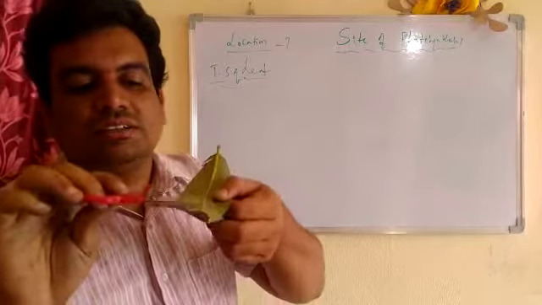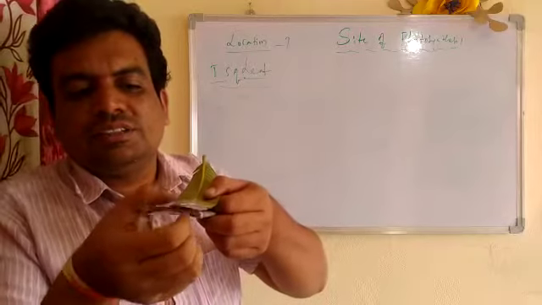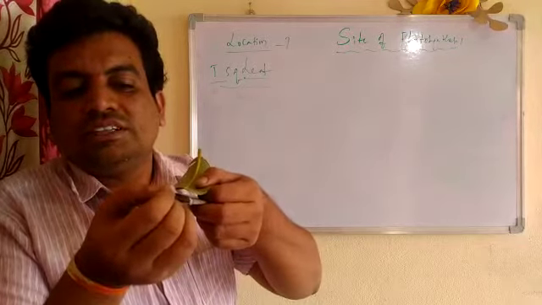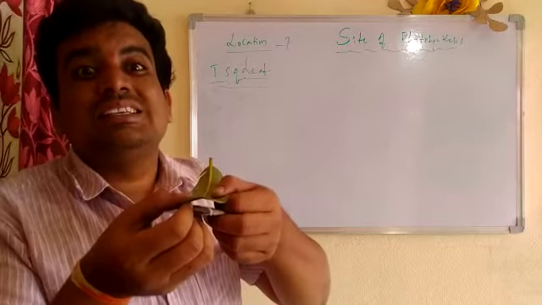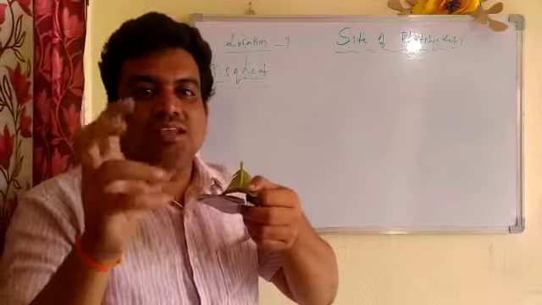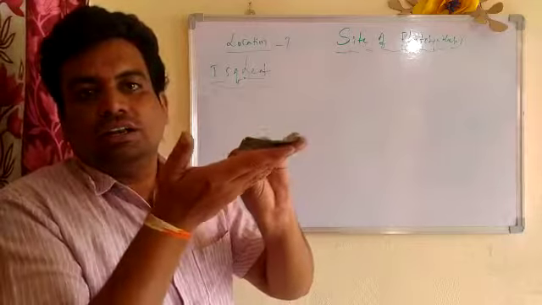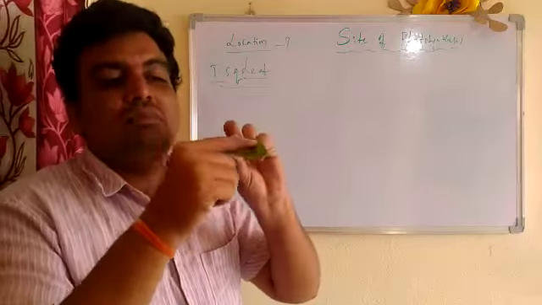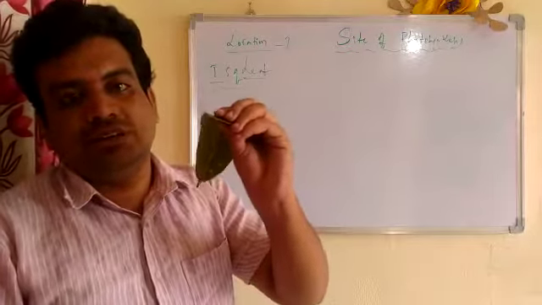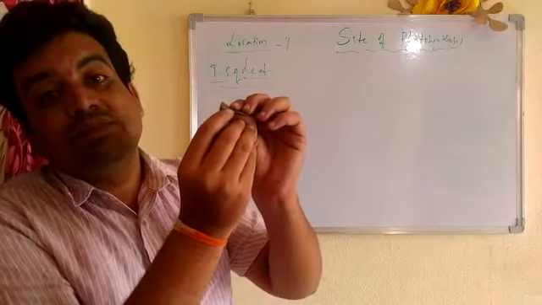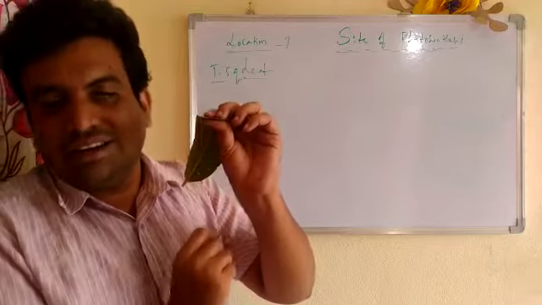This midrib region, see, is a long midrib region. Here we can find a very thin portion, but there are a lot of cells, children. These cells are called mesophyll. Meso means in the middle. The leaf has an upper layer and a lower layer, called the upper epidermis and lower epidermis. In between the upper epidermis and lower epidermis, we can find mesophyll cells in this small thickened blade area.